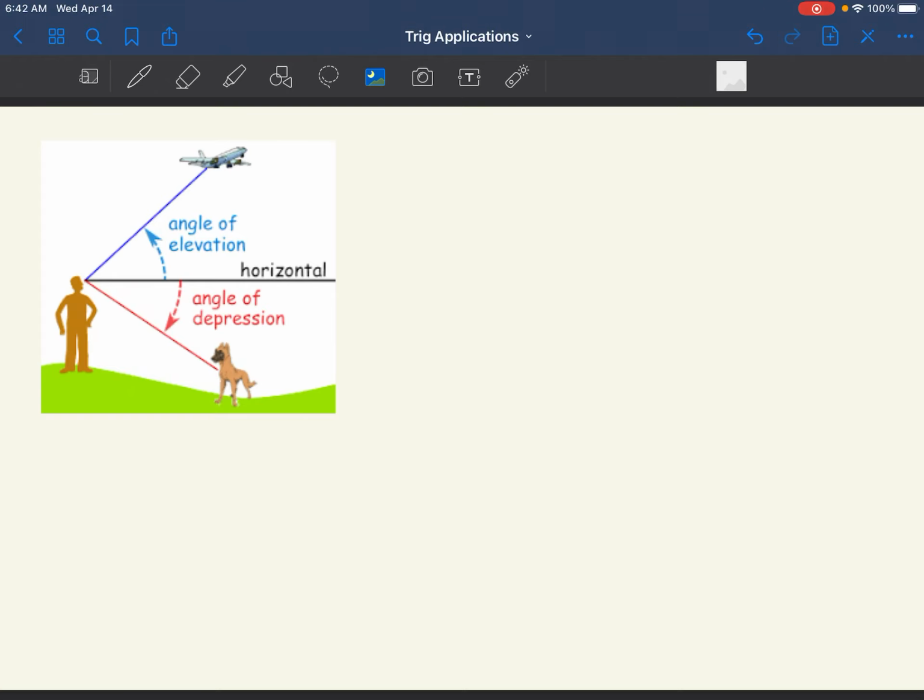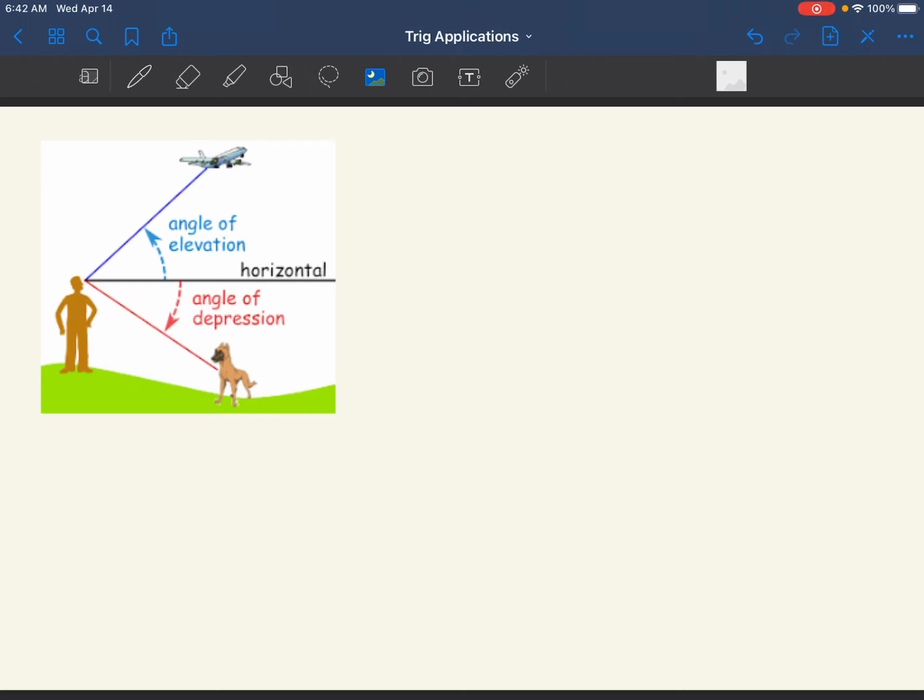We have the angle of elevation and the angle of depression. You will encounter these terms when you are working the word problems. I do want to ensure that you know what they mean. So I have a picture right here, and angle of elevation